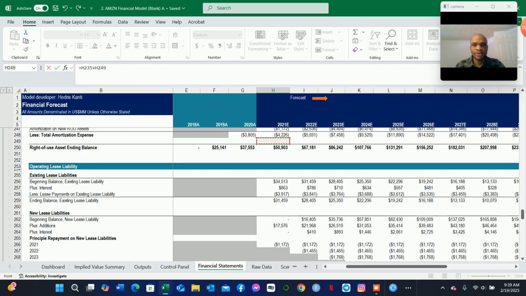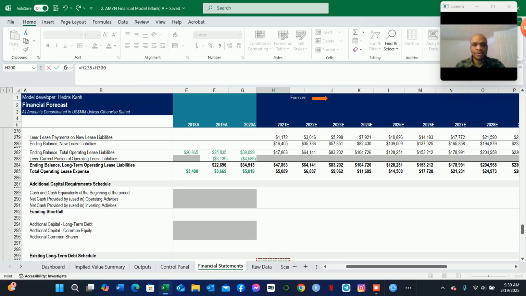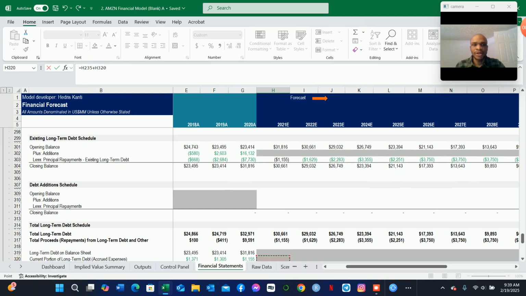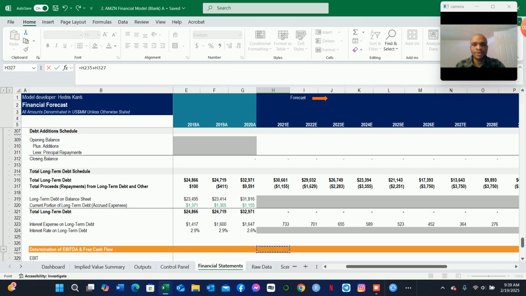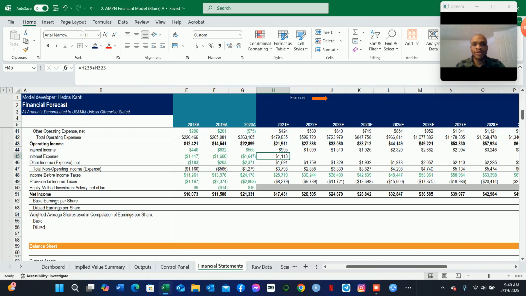So we go to the debt schedule and we also grab the total interest expense we calculated a while ago. So right here, we have the interest expense also on the long-term debt. So we have that in place. We can sum those two and we can make sure that it's